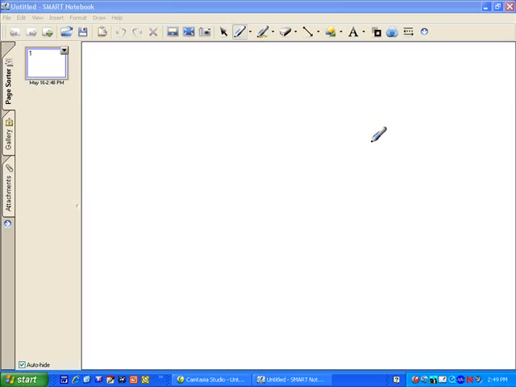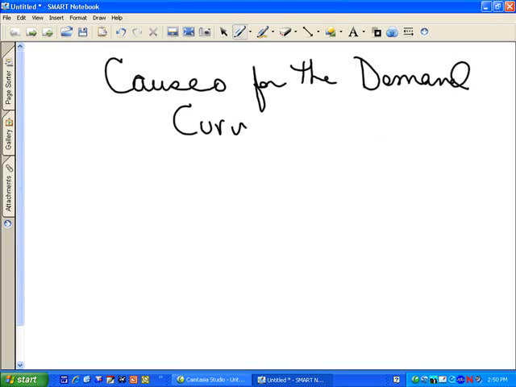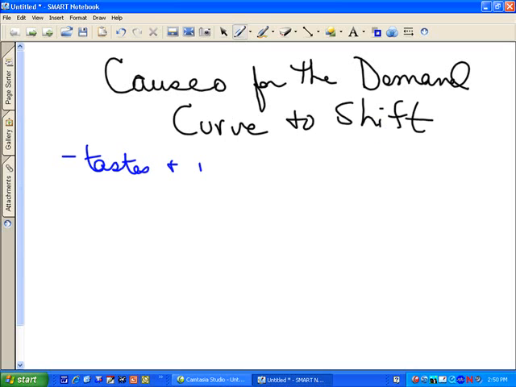Today's discussion is a continuation of the demand curve. We're going to cover the things that cause the demand curve to shift. I'm going to first just present the list, and then we're going to go through specific examples for each of them to explain. So we have taste and preferences,